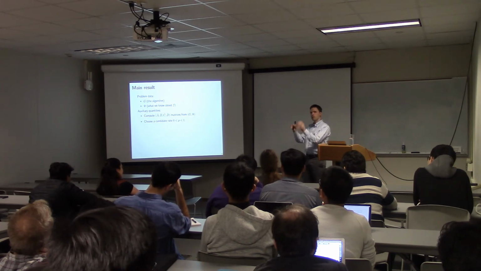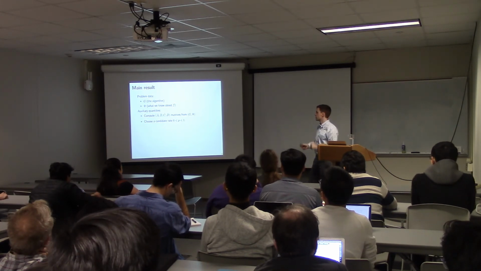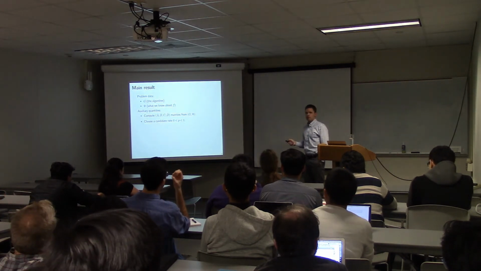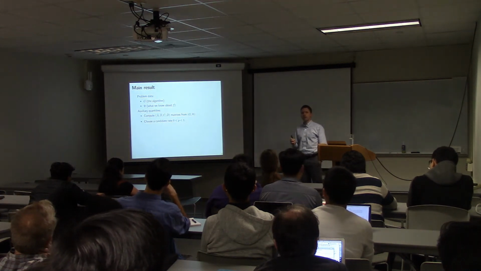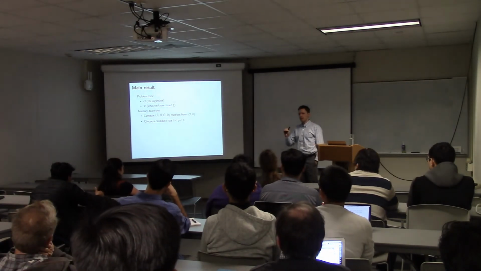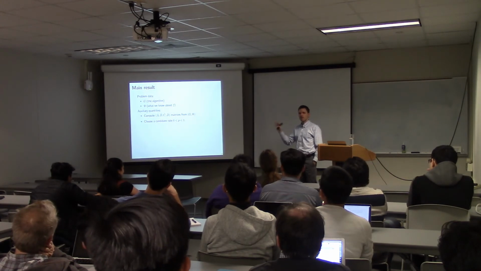You fix the algorithm. Let's figure out what rate it converges at. And then I'm also going to fix a candidate rate. So let's say rho is equal to 0.8. And I would like to know, do I always converge at a rate at least this fast? Yes or no? We're just going to be answering this yes-no question.